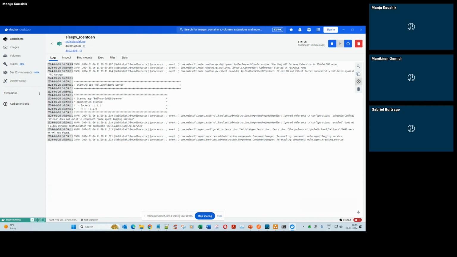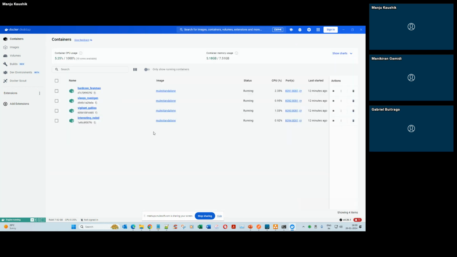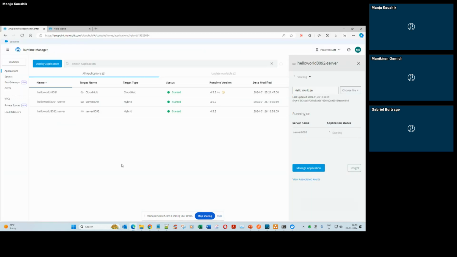All the logs are making more sense here. Starting API gateway, see gateway, flexible flex mode. See, all these names are interconnected to what we're doing in one way or the other. Okay, to achieve the flex gateway. Now you have 8092 set up, and the thing is that now since you have two things set up,